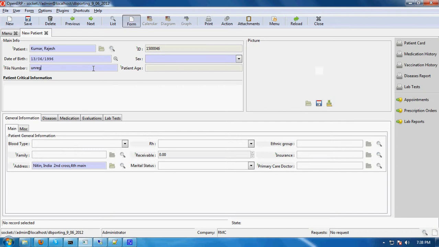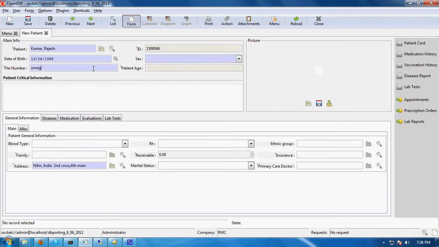For file number, you see that there is a string unreg. What does it mean? Suppose a patient came for lab testing purposes. For that patient there is no need for a file number.